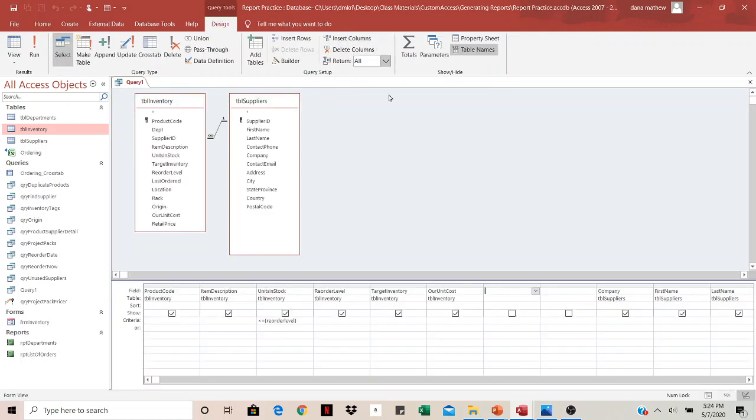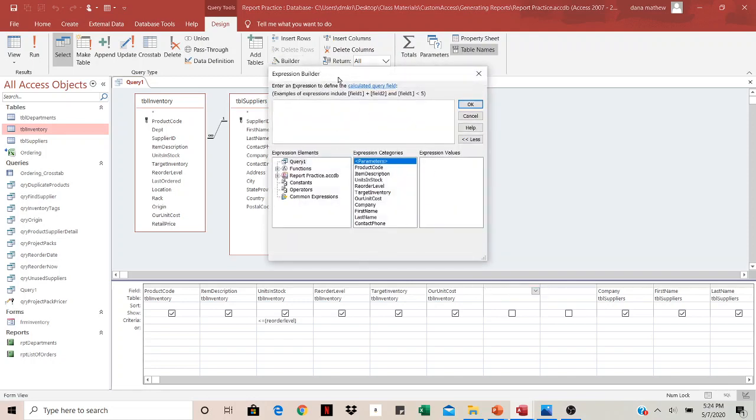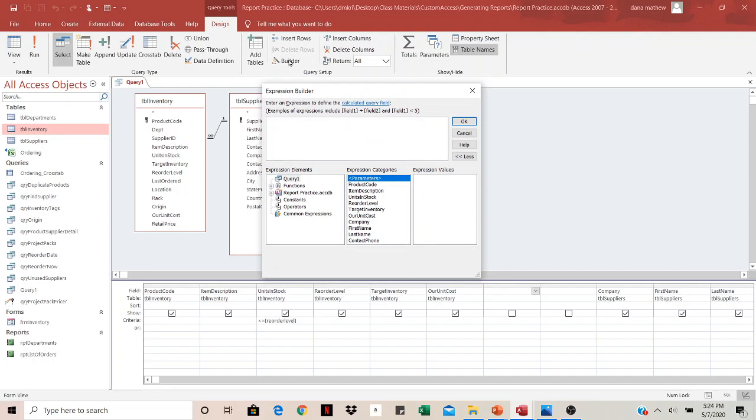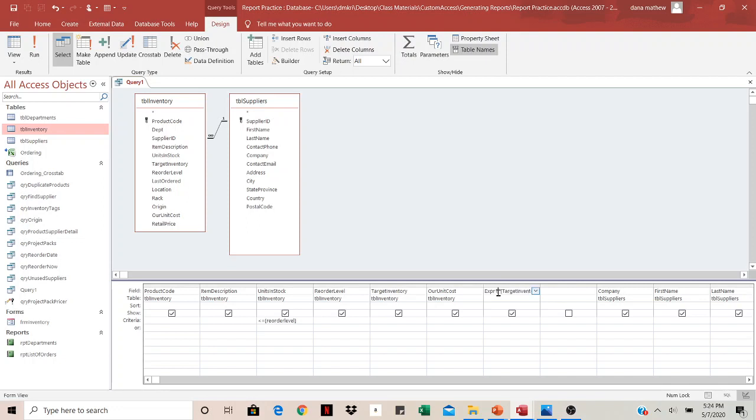I'm going to insert some blank columns right here in the middle, and I'm going to use the expression builder, which is very akin to your FX button in Excel. What I want to do is see where the target inventory, subtracting the units in stock, will be how many I need to order. It's generically named expression 1, so I'll go ahead and call it order units,